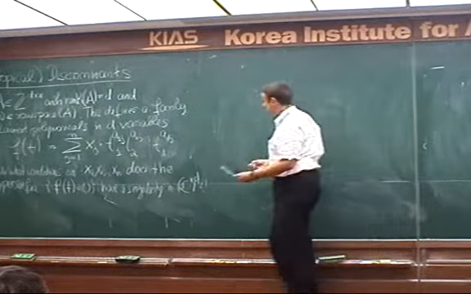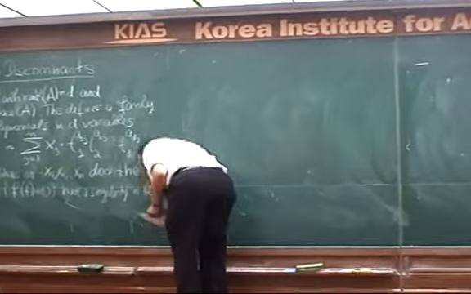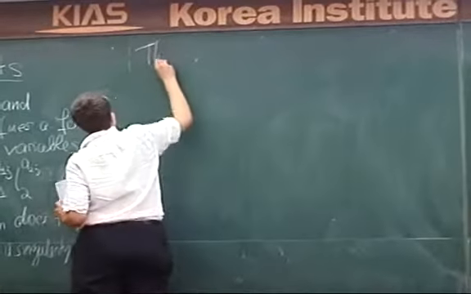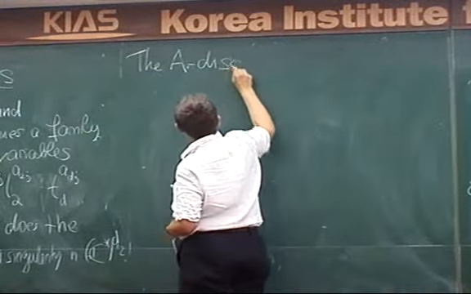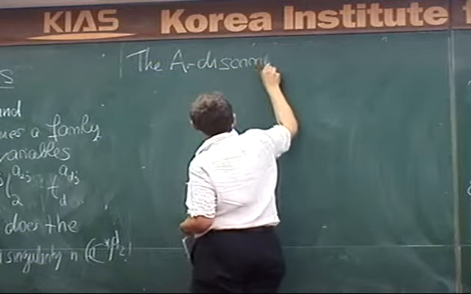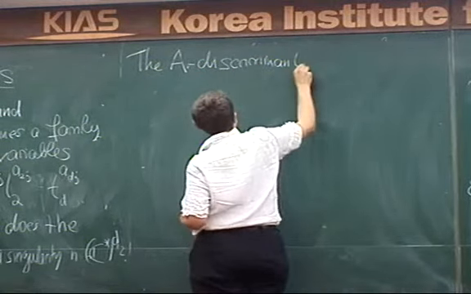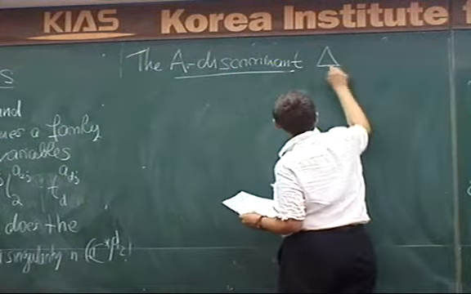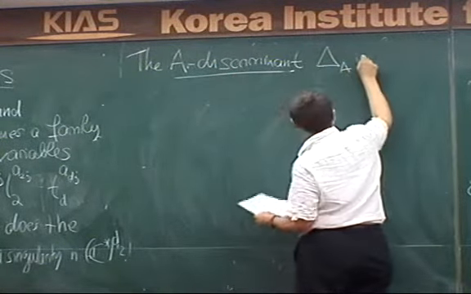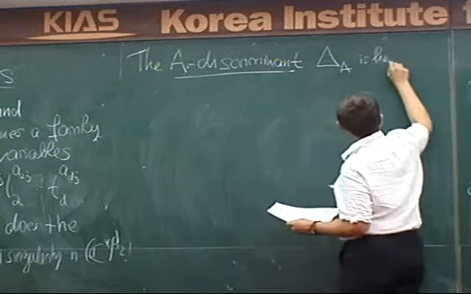Okay, so let's use this as a definition. So we're going to define the A discriminant. So A is this matrix. So the A discriminant, which I'll denote by a delta sub A, is the closure